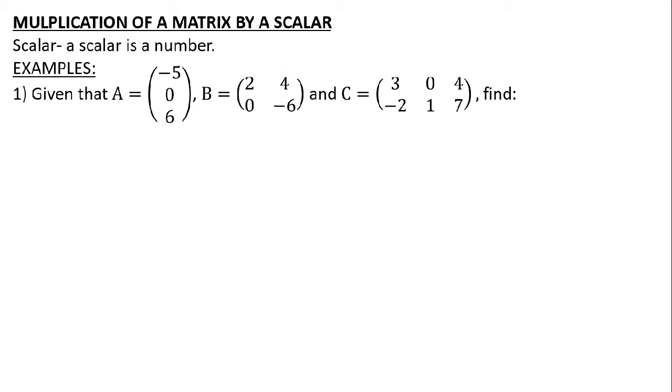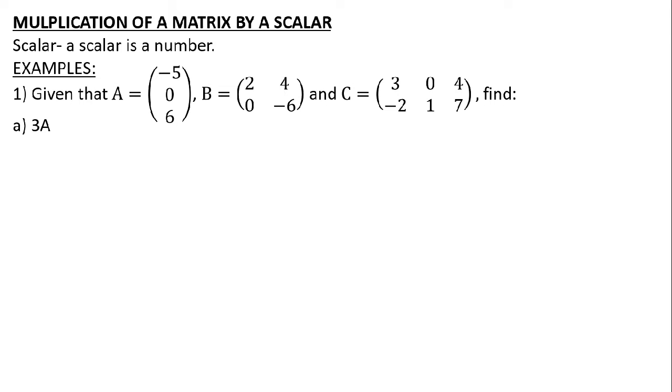Given that A is equal to the column matrix -5, 0, 6. B is a 2 by 2 matrix. First row we have 2, 4. Second row we have 0 and -6. And C is a 2 by 3 matrix. First row has entries 3, 0 and 4. Second row has -2, 1 and 7. Find